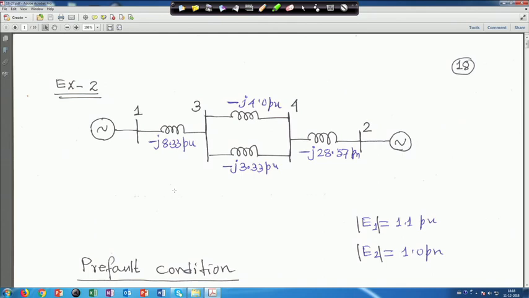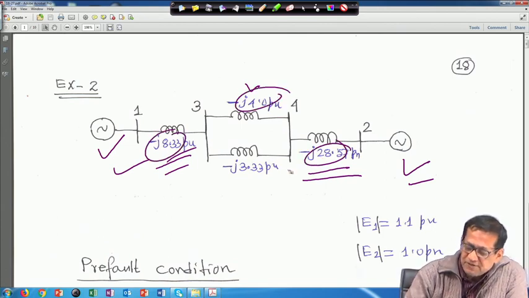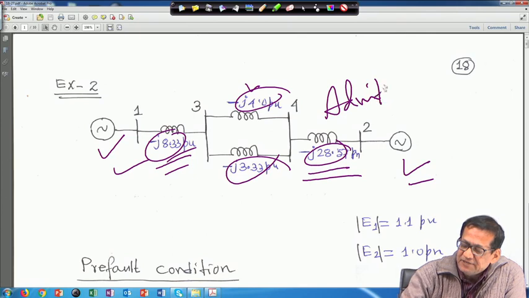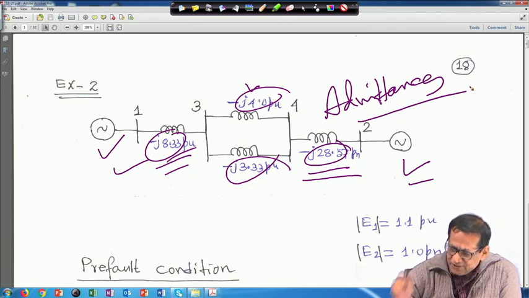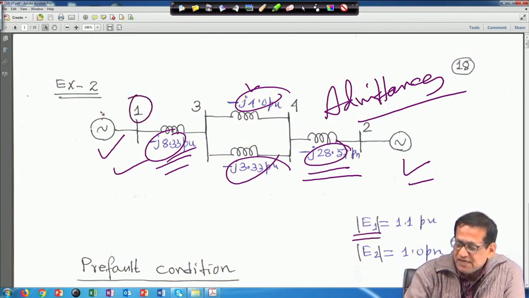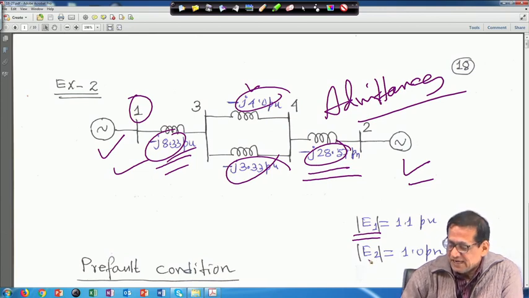In this example, two generators are there, but all these xd dash and other parameters are given in admittance. I mean all these parameters, xd1 dash, xd2 dash and line parameters, have all been converted to admittances. So, this value, this value, this value and this value are actually admittances, right. Another thing given is the magnitude of voltage E1, 1.1 per unit, and the magnitude of E2 is given as 1.0 per unit, right.